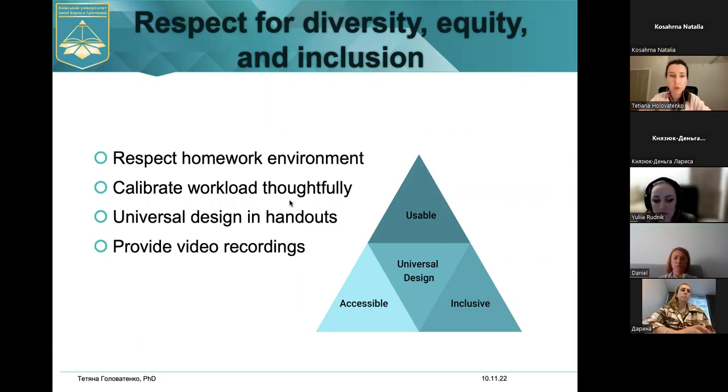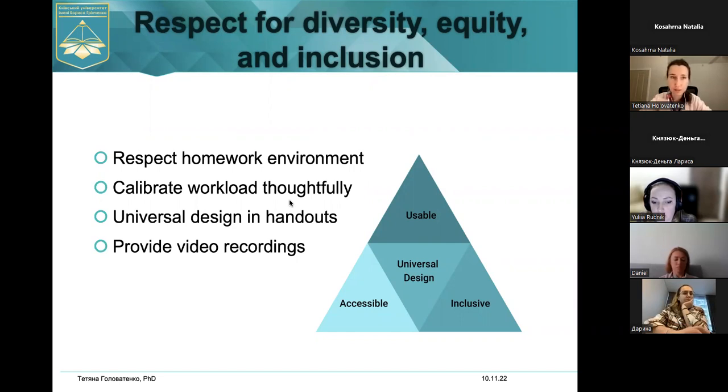And also they might appear on your screen, probably from the kitchen, and then someone else goes on the background. So do respect that, and allow your students to turn off the cameras for the moment, or show them how to change the virtual background or how to blur the background of the meeting.